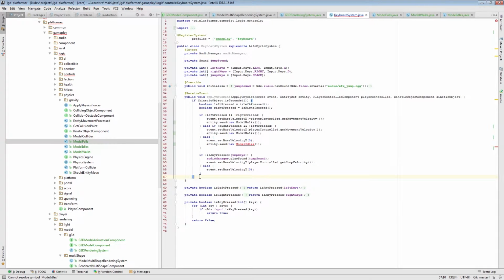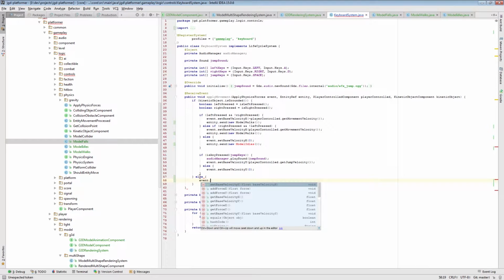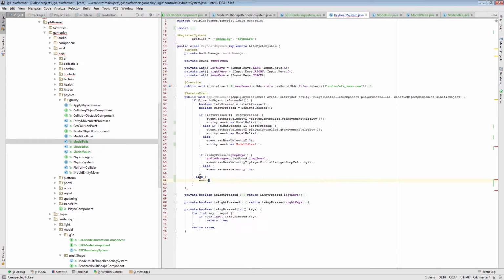And we'll do it here. If it's not grounded, then we'll fire that entity send model falls. So model walks, model idles, model falls. Okay,